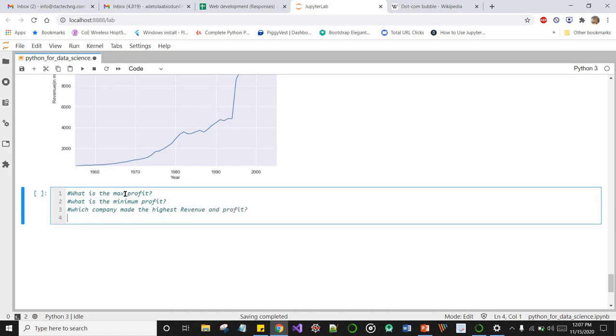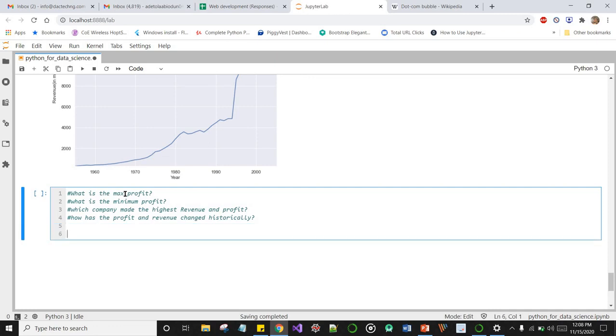Okay, these are just basic questions. What if we want to ask how the profit and revenue have changed historically? These are just data analytics questions where you want to get insights from the data. So let's tackle these questions one by one.